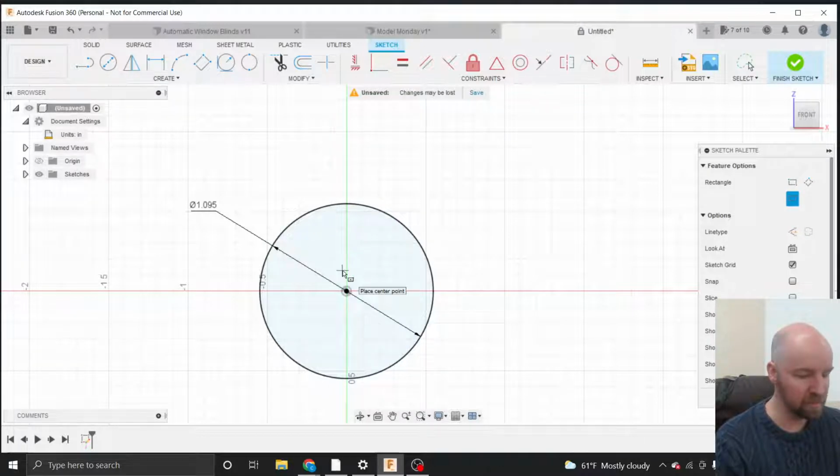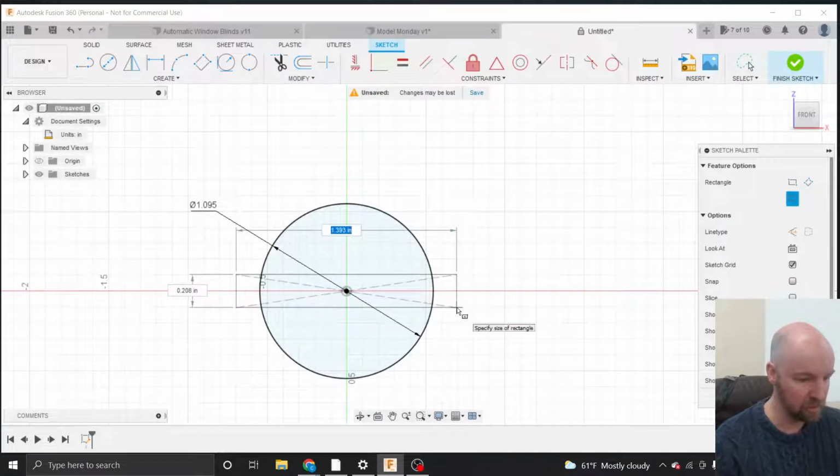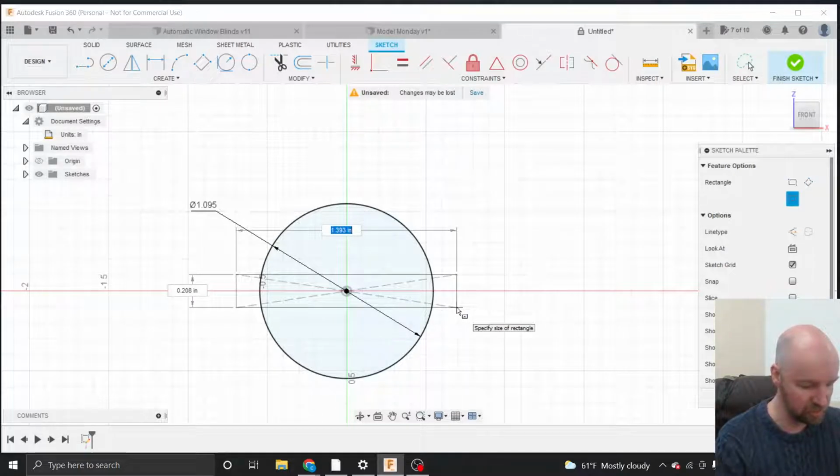I'm going to click and place the center of my rectangle concentric on the center of my circle, so it'll be right at the same center point as my circle. I'll click to place that center and then move my mouse out. Now I can let go of my mouse because I can see numbers there, and I'm going to specify that the width is going to be